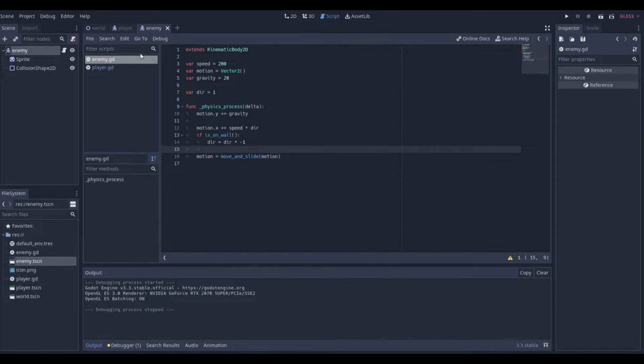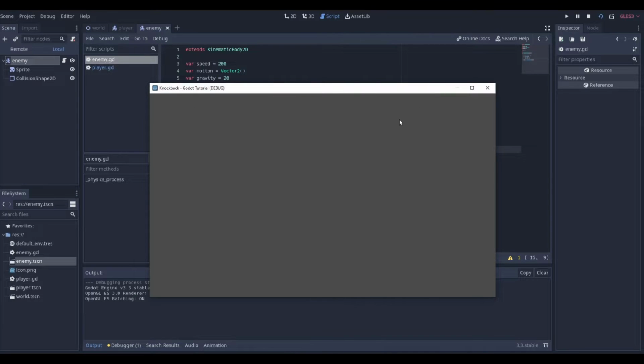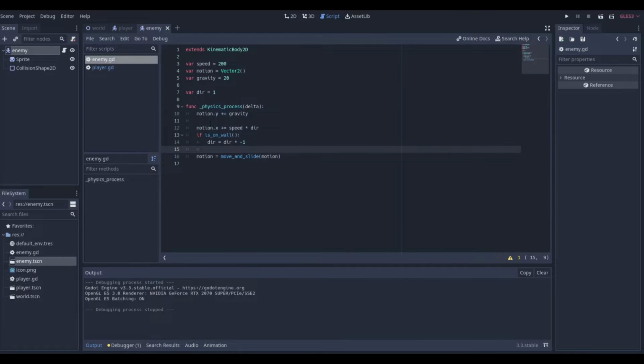So if we play just the enemy scene, he takes off whenever he's in the air, and that's not good, because when we knock back, we want to stop movement so we can make our own movement, just the knockback movement. We don't want the movement of him going back and forth between the walls to affect the knockback effect. So we need to make sure that he only moves like this if he is on the